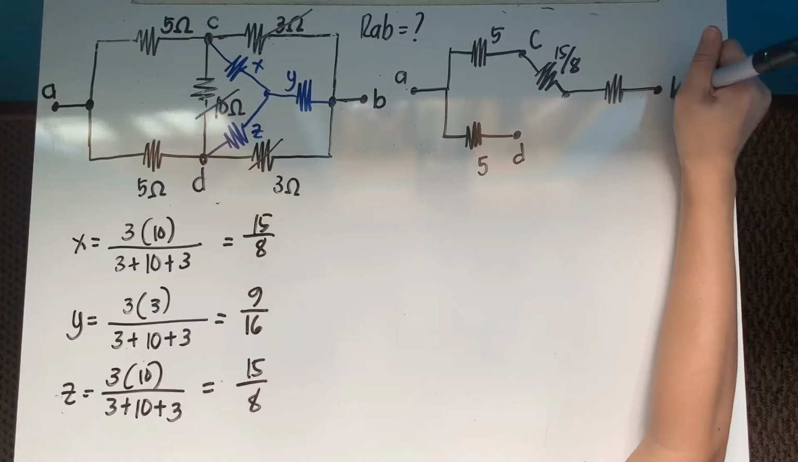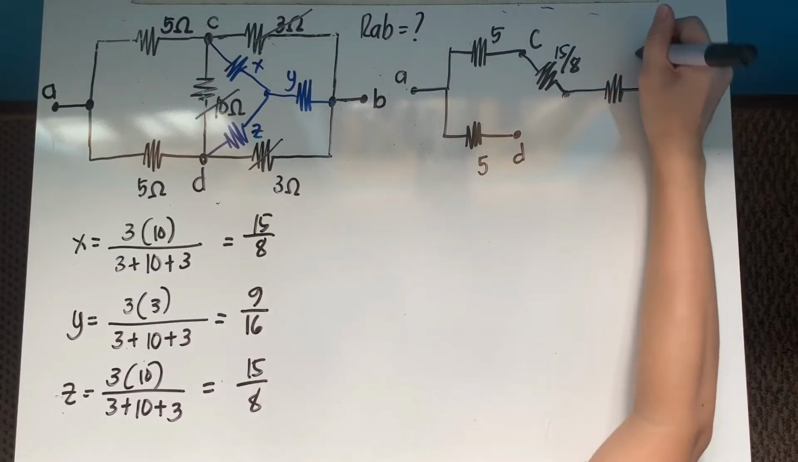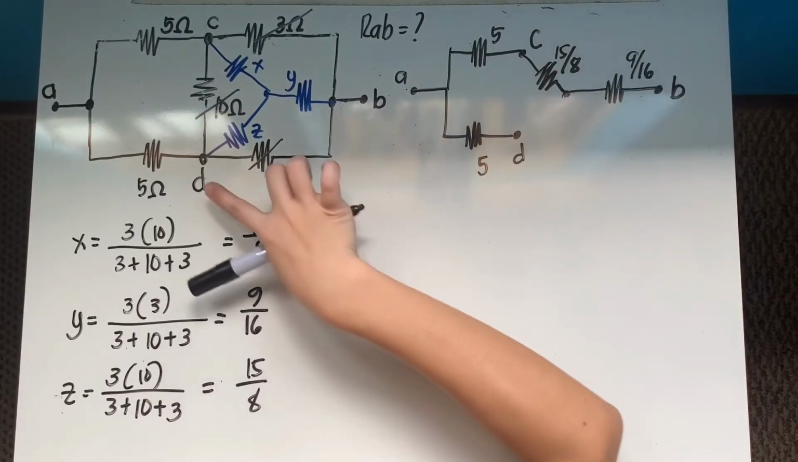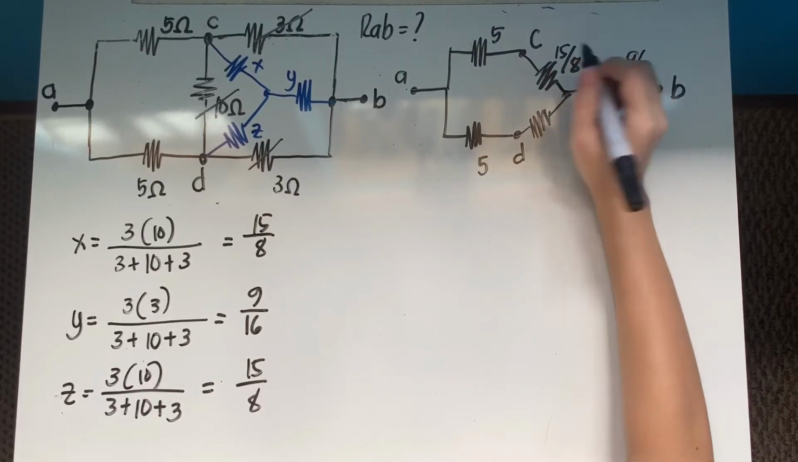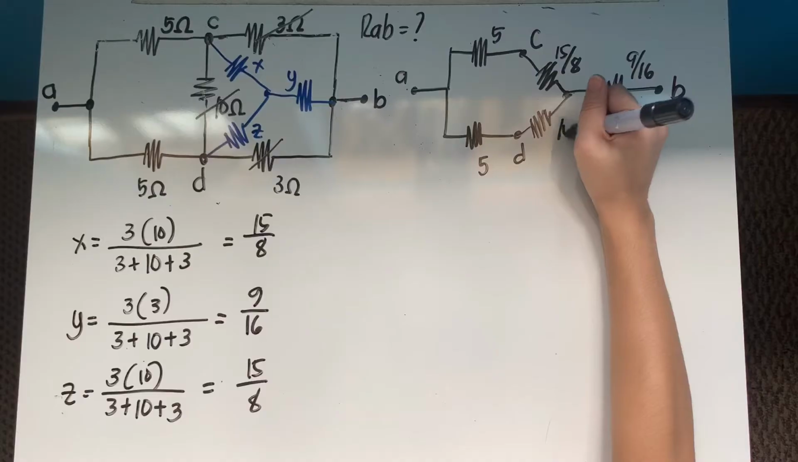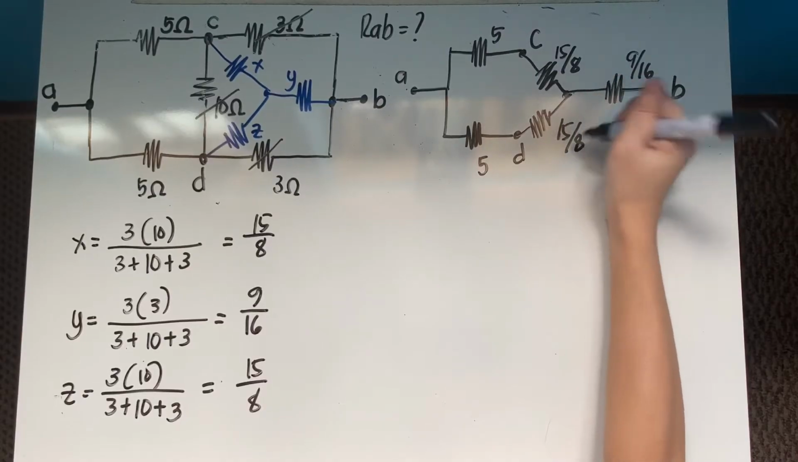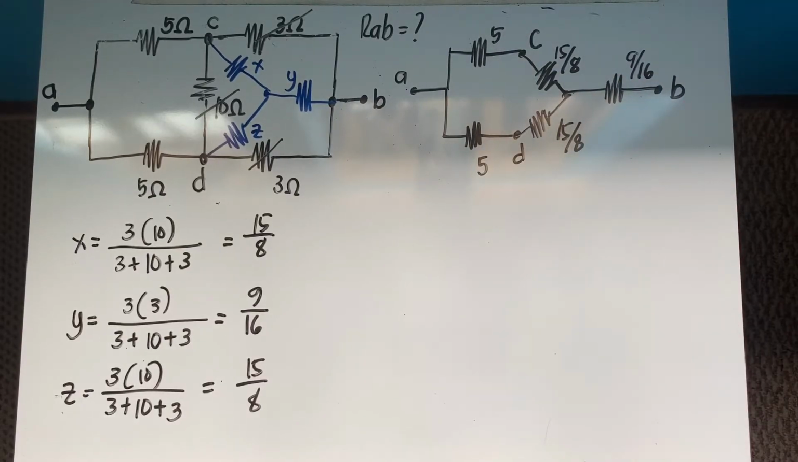And then, your terminal B, di ba? So, si Y ay 9 over 16. And then, for D, nandun si Z, papunta sa common node. Si Z ay 15 over 8 din. Okay. Now,